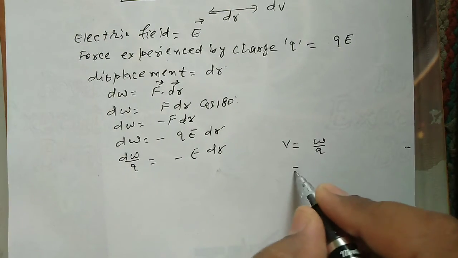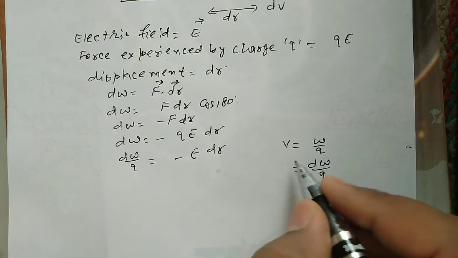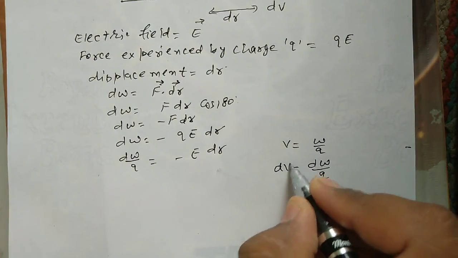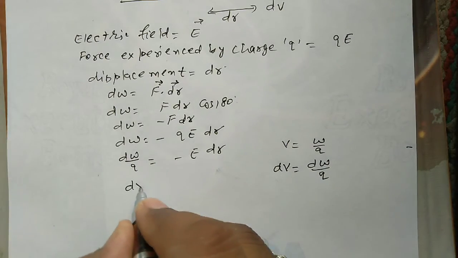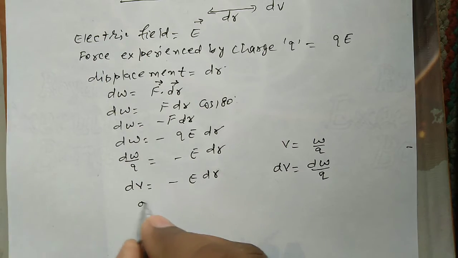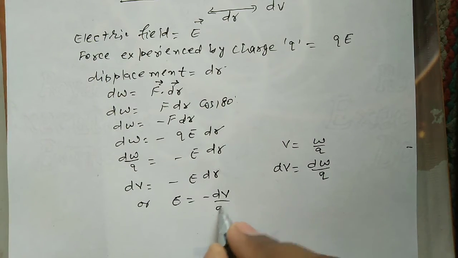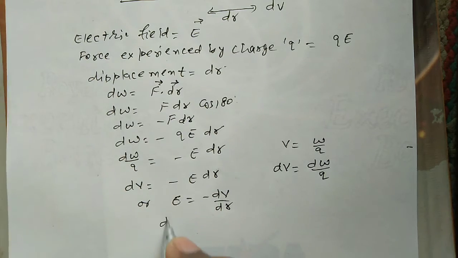If the work done is a small dW in moving charge q, then the electric potential is dV. Therefore, dV equals minus E dr, or E equals minus dV upon dr, where dV upon dr is